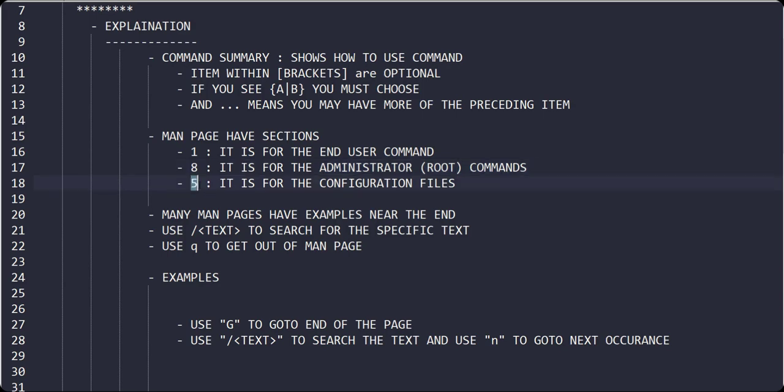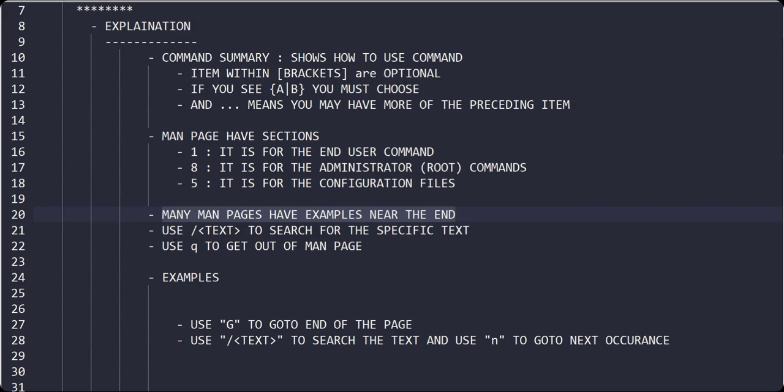If you see 5 appended, it is for configuration files. So 1 is for end users, 8 is for administrator or root commands, or users who have sudo access, and 5 means configuration files. When you are looking at the man pages, which we are going to see in a moment, you will see a lot of examples in some of them, near the end of the file.